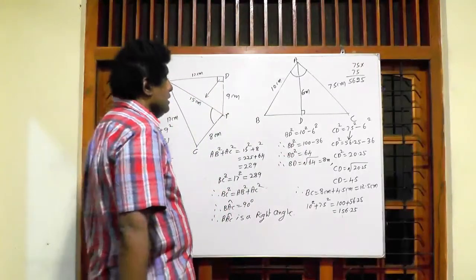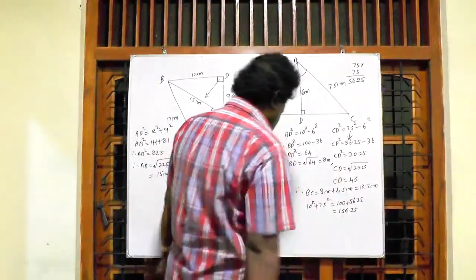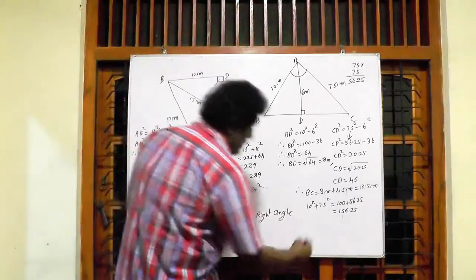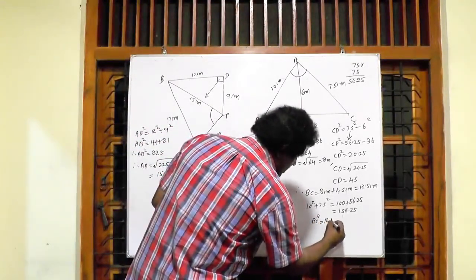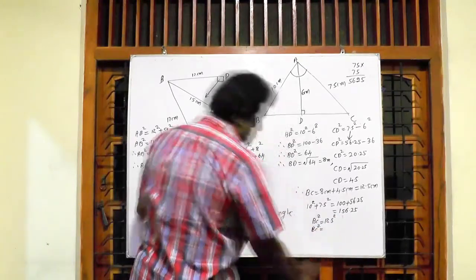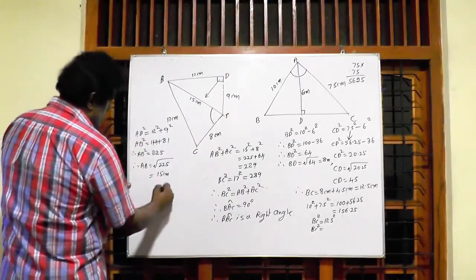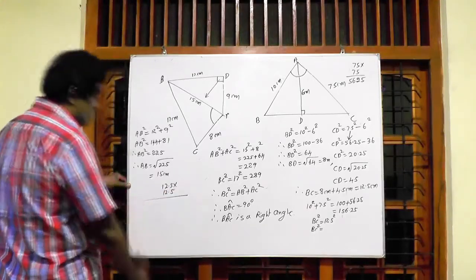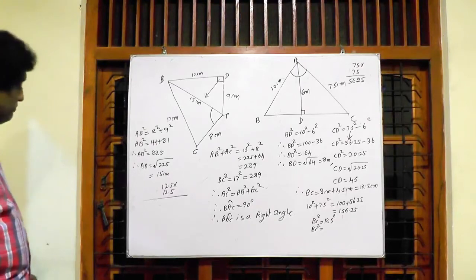Right, then get the BC squared. BC is 12.5 centimeter. Then BC squared is 12.5 squared. Then BC squared equals, please multiply 12.5 by 12.5. 12.5 has to be multiplied by its same value, or 12.5 has to be multiplied by itself.